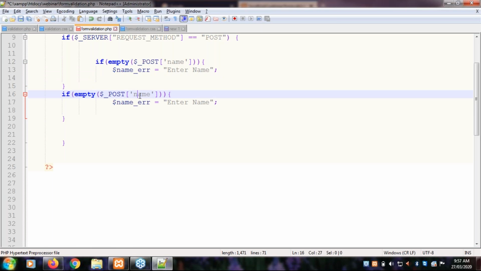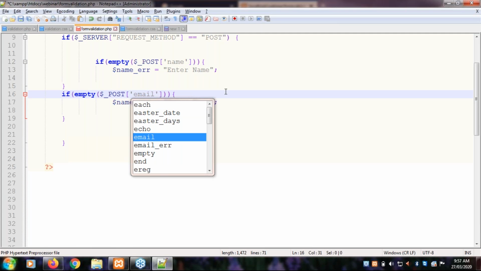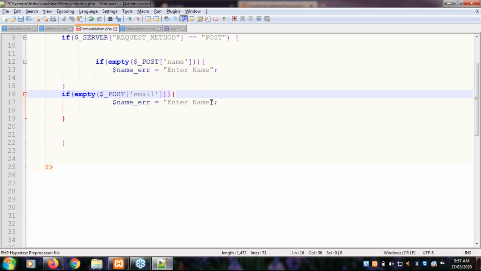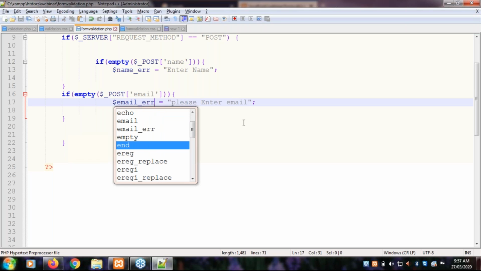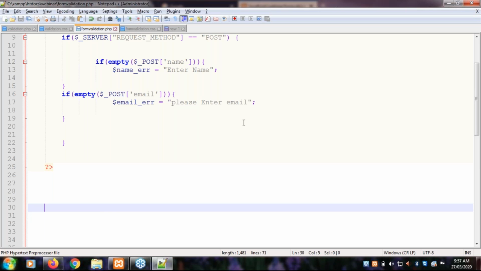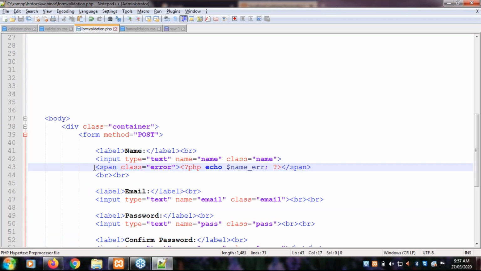We just have to change the input name to email, and we have to change the error message to please enter email, and we are using the variable email underscore err to display the error message. Now in the same way, we have to use a span tag to display the error message.